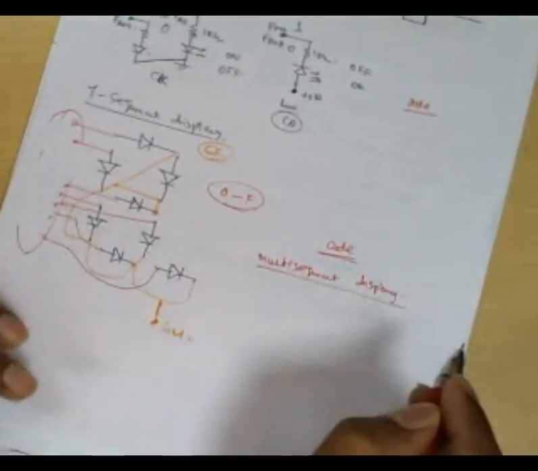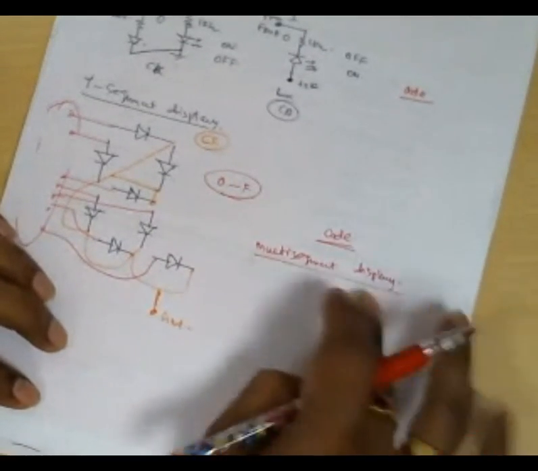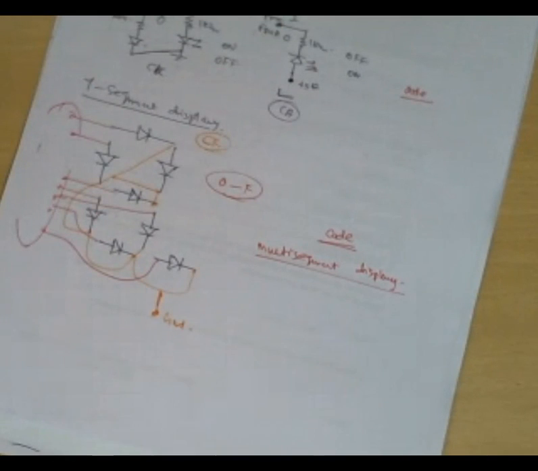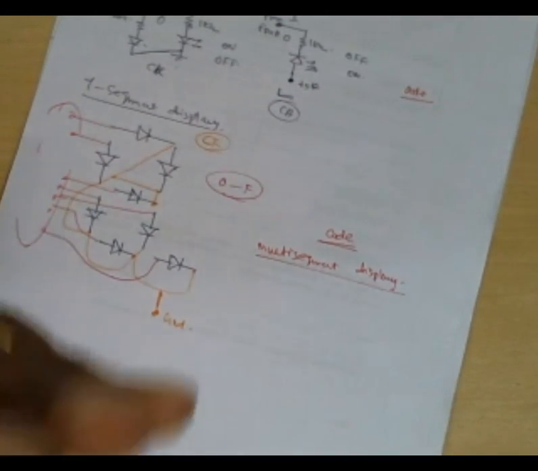But I will tell you what that multi-segment display is. Multi-segment means there will be 1,000 or 10,000 LEDs. You might have seen them in the railway station and the airport, no? You can see Jan Shatabdi Express, platform number, arrival time, departure time. The characters will move. If you closely watch, so many LEDs are there, in particular rows and columns, so the character will be moved.